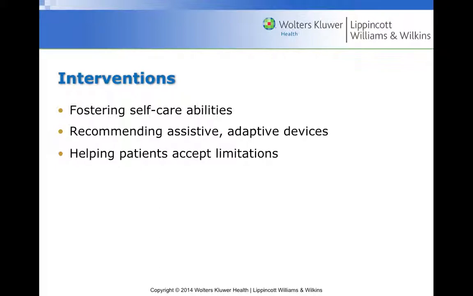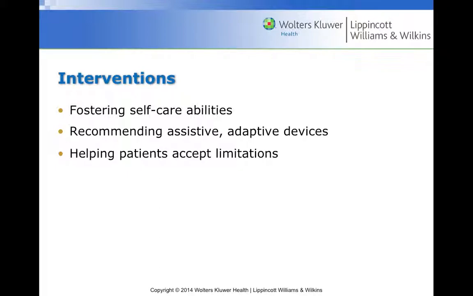So most people have that intrinsic motivation to get back to their normal independency. You want to also be able to help patients accept any limitations that they may have, because some patients, depending on the disability that they do have, may not always get back to 100%